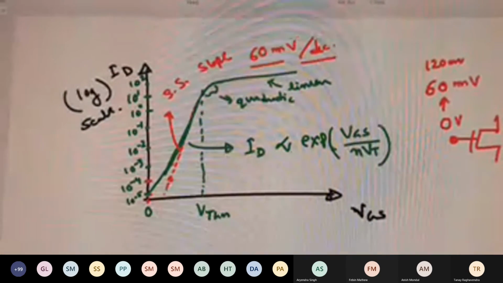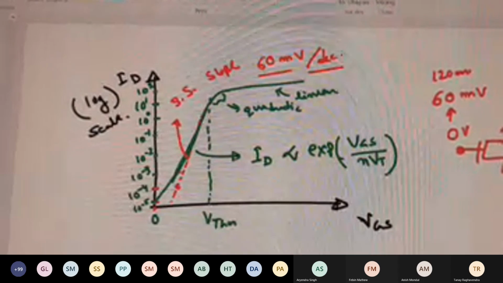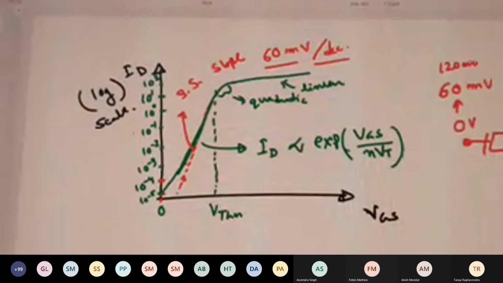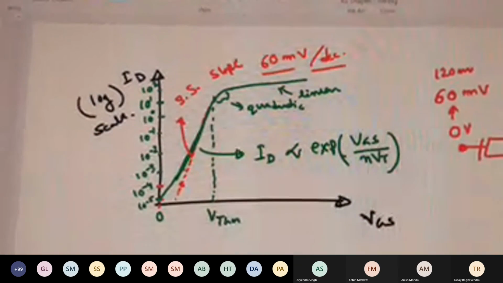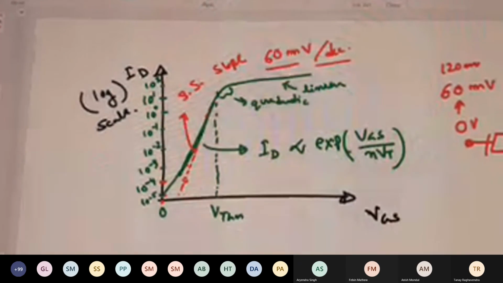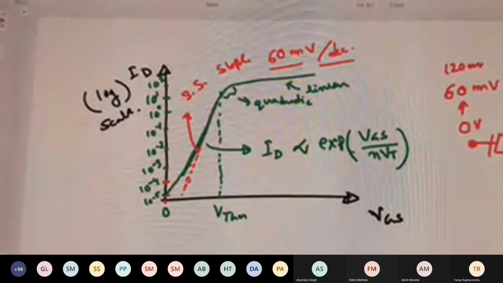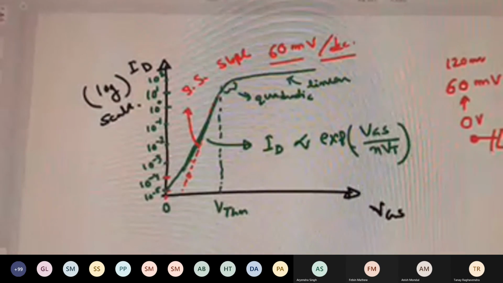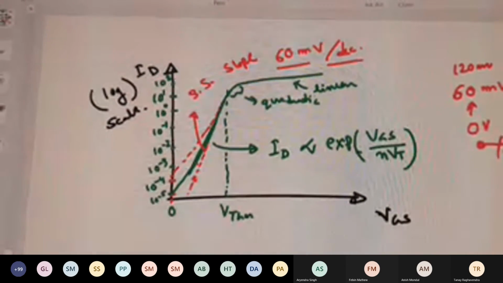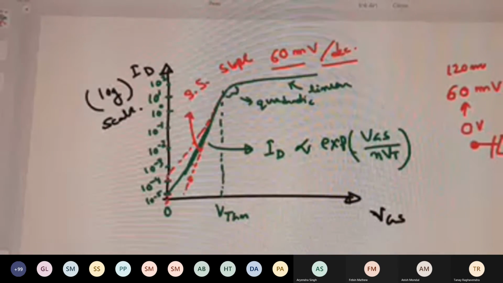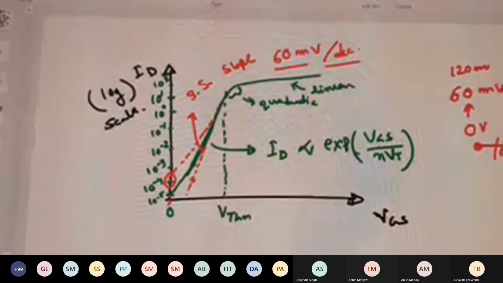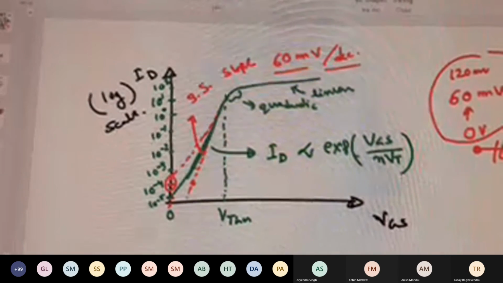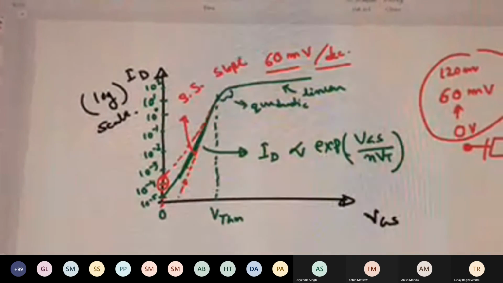One more thing is that this subthreshold slope also depends on the temperature. Generally, when a device is operating, it is always operating at a higher temperature, not at room temperature. So this slope will then be a bit more slanted, right? And when it is more slanted, even at zero bias the leakage current is higher. Then after that, any small change in VGS gives you a higher and higher amount of leakage.